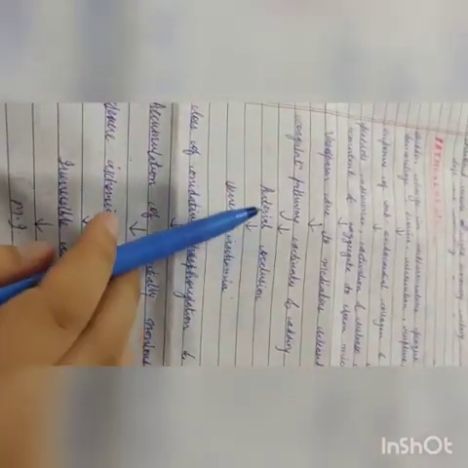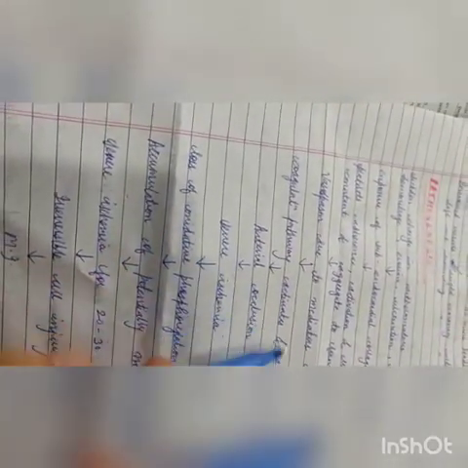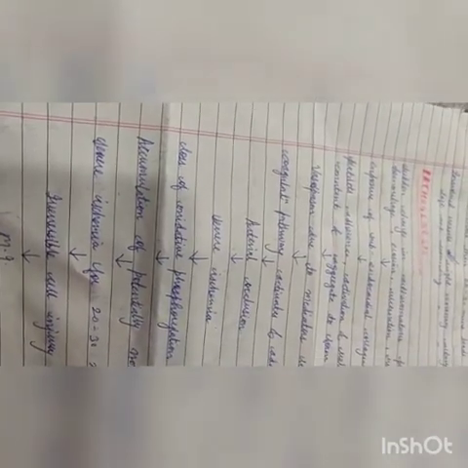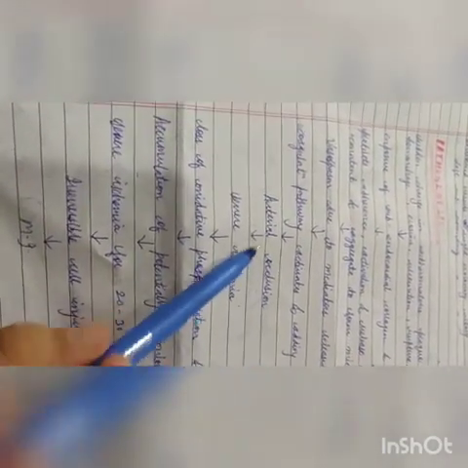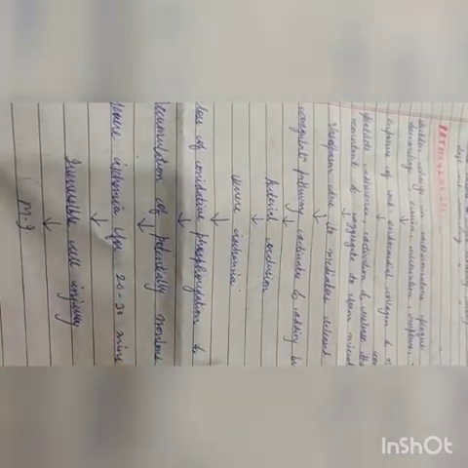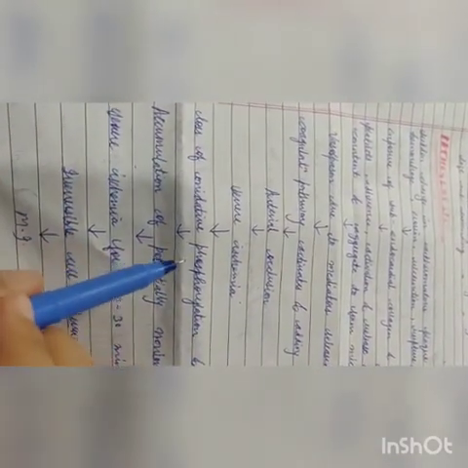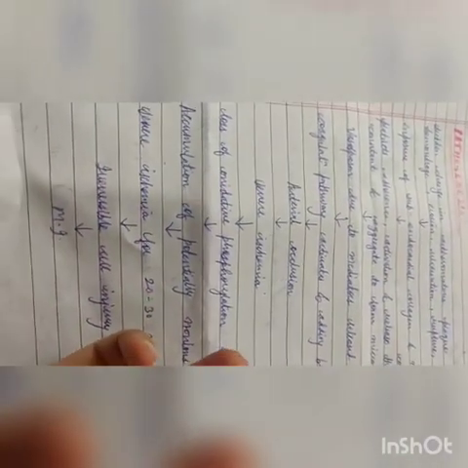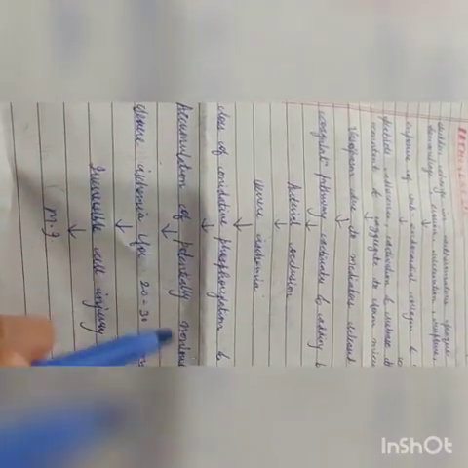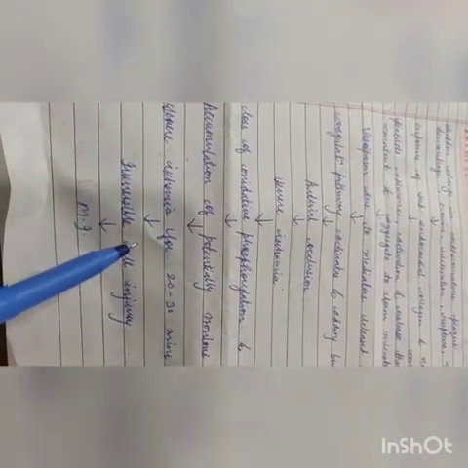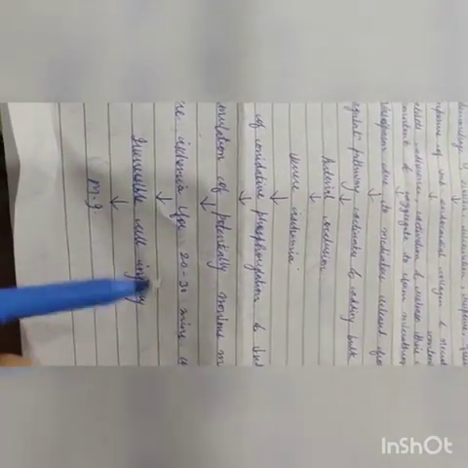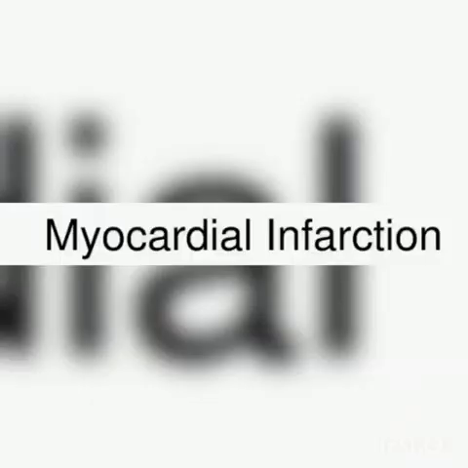Then the artery will be blocked, arterial occlusion, and when it gets occluded, the blood supply will not be proper, so there will be severe ischemia. There will also be loss of oxidative phosphorylation, that means your ATP generation will decrease as blood supply is not proper, and then potentially noxious metabolites like lactic acid will accumulate. If it lasts for 20 to 30 minutes, it will no longer be reversible, like you cannot bring it back to its normal state. It will be irreversible cell injury.